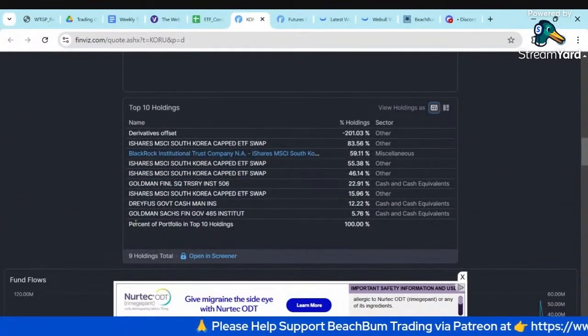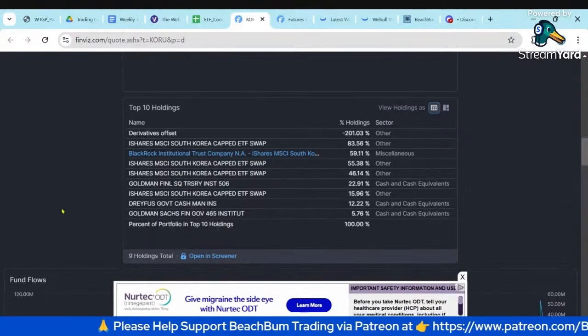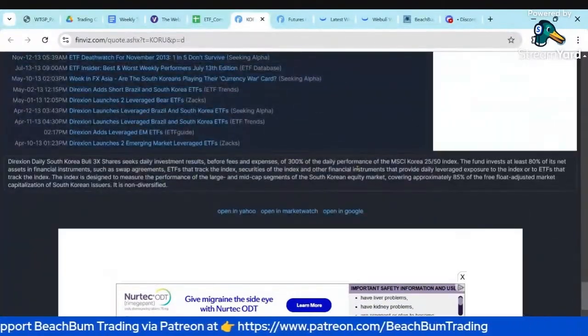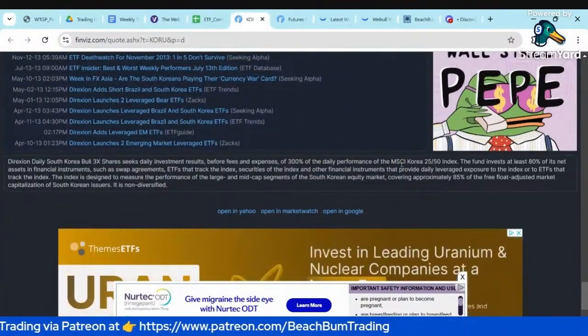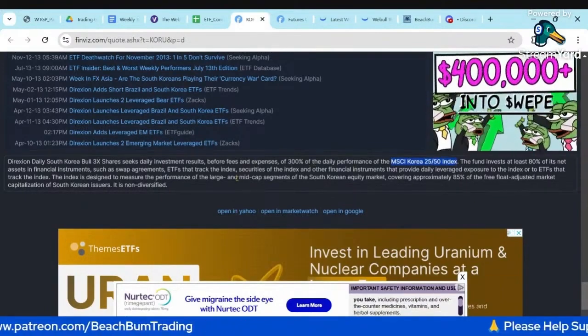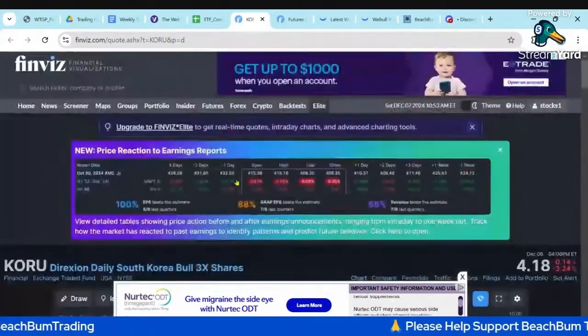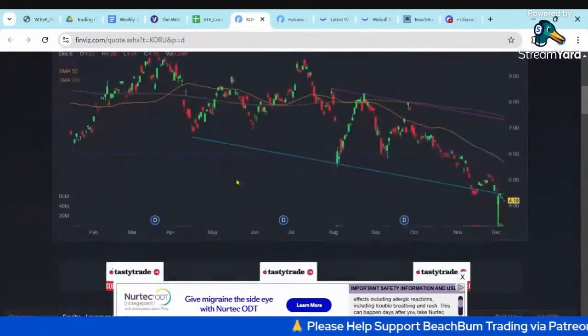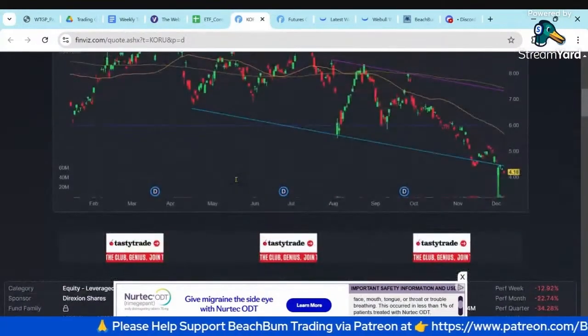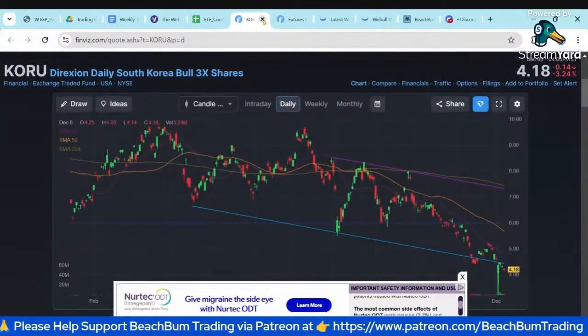It's got swaps, etc. So it's based on another, 3x the performance of the MSCI Korea 25/50. So again, if you're looking for more leverage, this one is shortable as well. And if you think Korea is going to bounce,